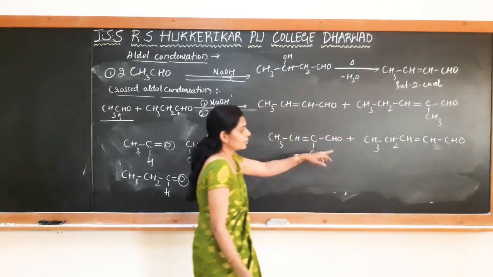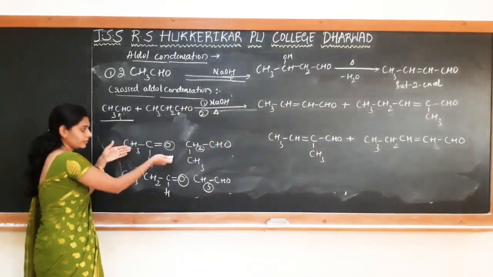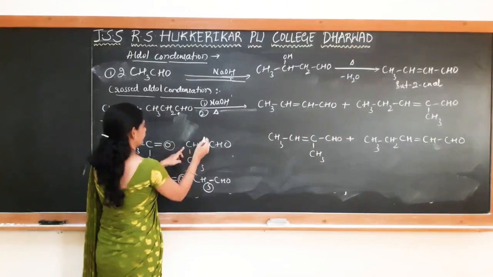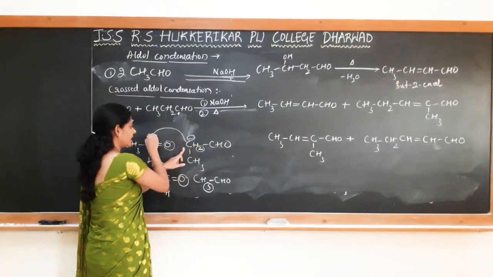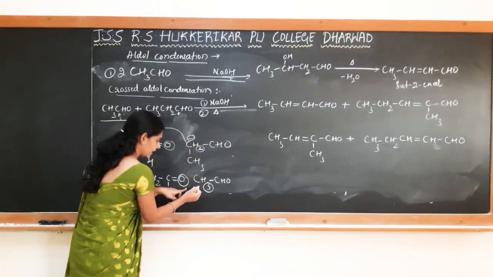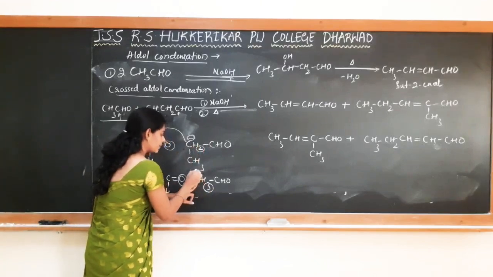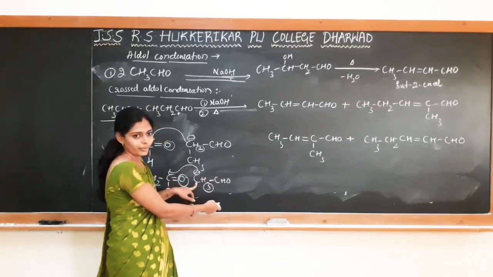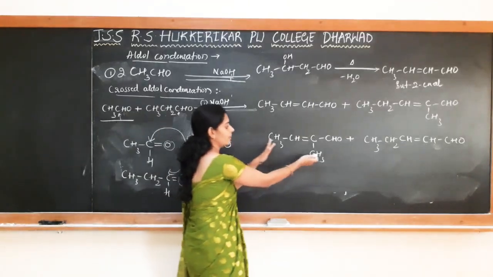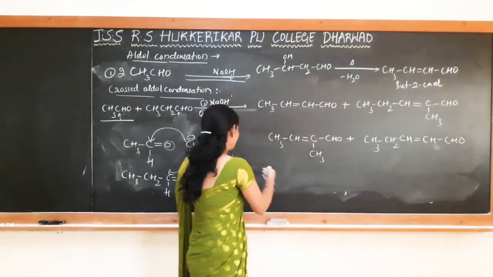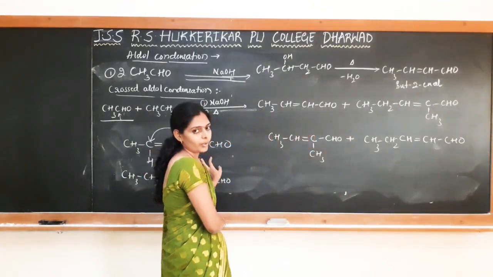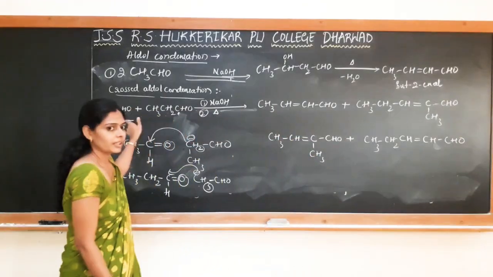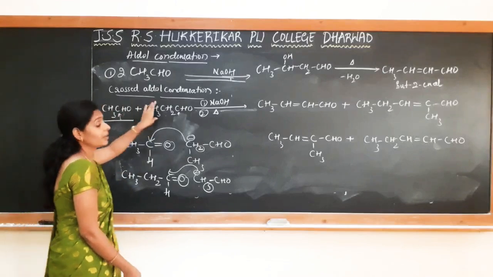So these are the two different products formed by the attack of these two things. Here this will be forming the carbanion and attacking the carbonyl carbon, and in the second case ethanol will be forming a carbanion and attacking the carbonyl carbon. I have already explained how the mechanism takes place, so simply I am writing here the products formed by the attack of two different molecules. So these are the four different products formed by the crossed aldol condensation of ethanol and propanol.